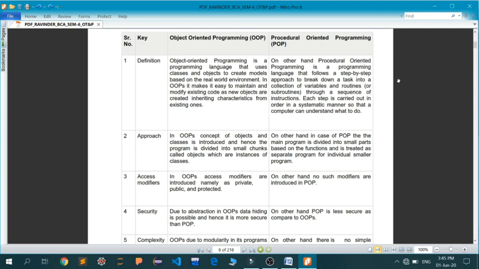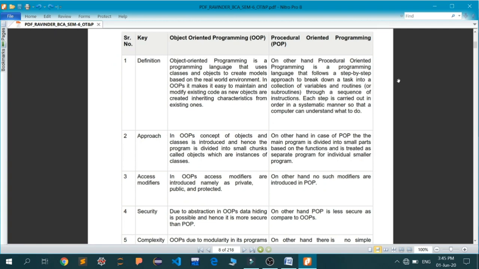Okay, so procedural is how you maintain your daily life routine. You will get up in the morning, do some morning stuff, then have your breakfast, then get prepared for your office or for your college. Then you go to college, you systematically study classes one by one as your timetable goes, and you'll have lunch, then your evening session of college or office. After that, you will come home and perform some homework or task if it has been assigned to you. So everything goes on step by step.